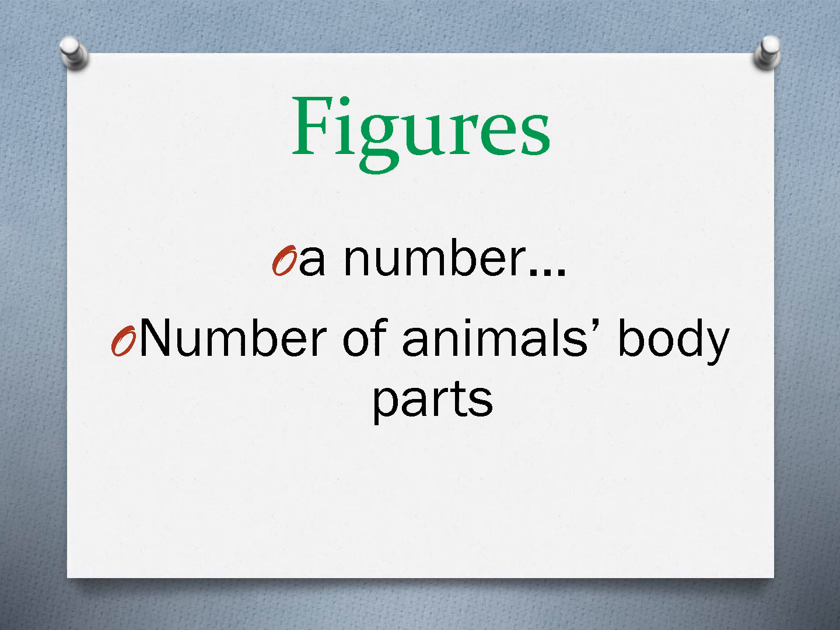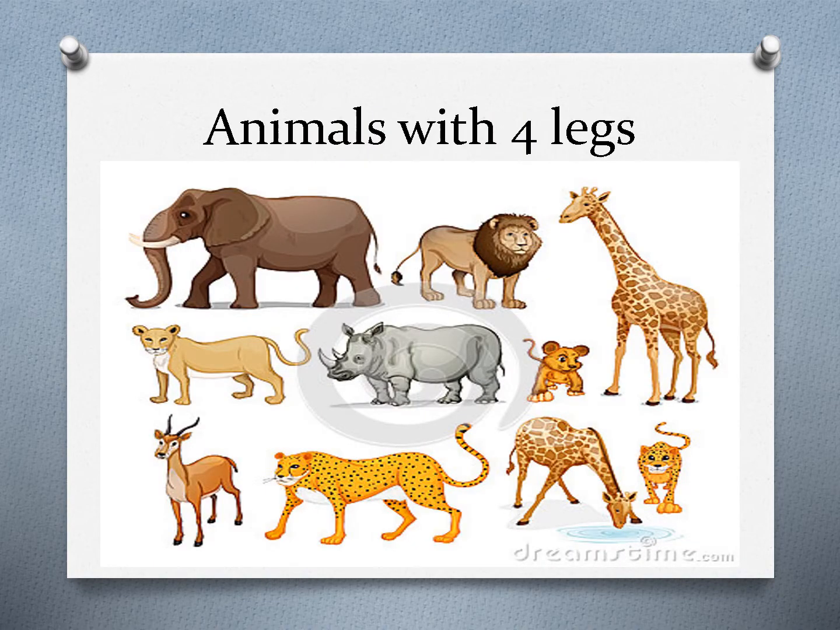Okay, how about the differences of animals in terms of the figures? If we say figures, we are talking about a number. So a number in animals is the number of the animal's body parts. Okay, so there are animals that have more body parts than the other animals. So just like for example, there are animals with